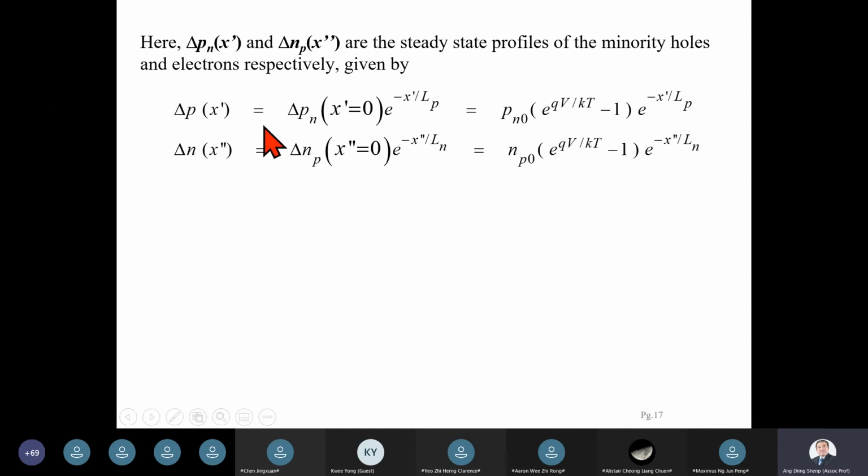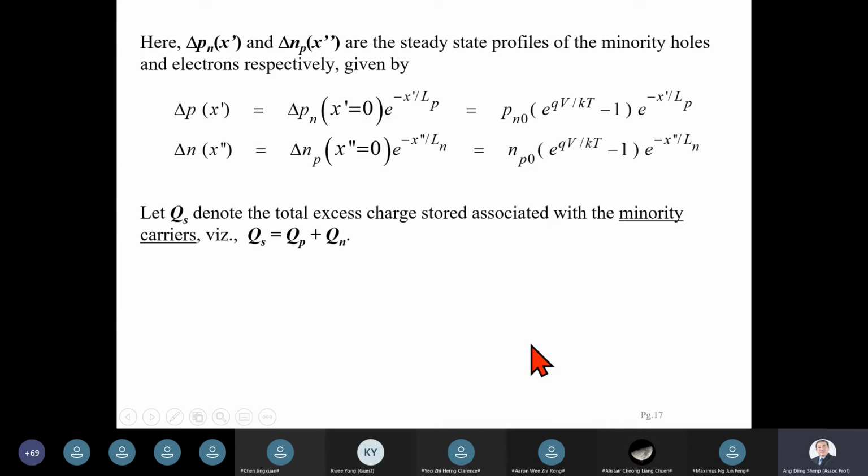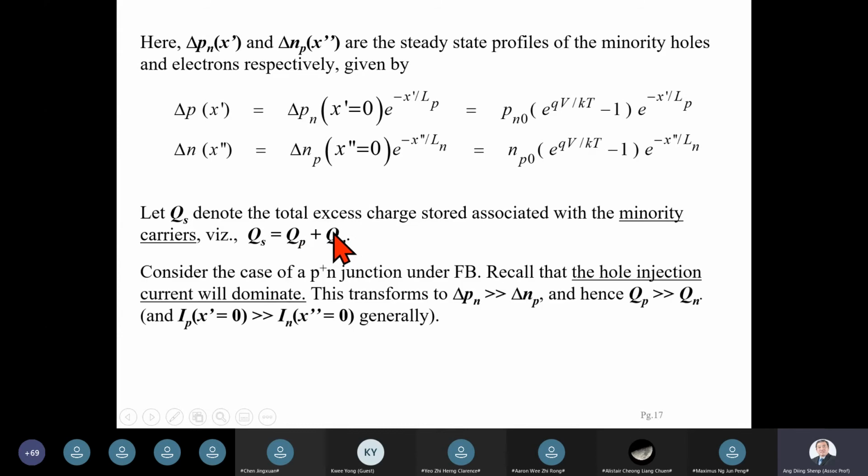These two equations were actually repeated earlier, just for convenience during the discussion of the derivation. So the total excess charge stored can be obtained by summing QP and QN together, and we take the magnitude of QN. Now, if we consider the case of a P plus N junction, for example,